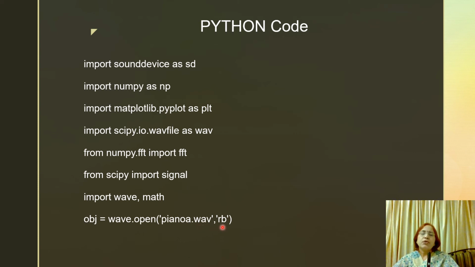So what does it mean? This returns the wave read object, and piano a.wav is the wave file for the piano keynote A. We have downloaded this file from the internet, and this rb stands for reading the file. So the wave.open command returns the wave read object.